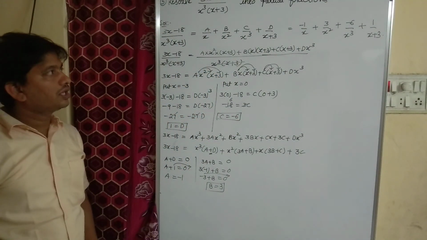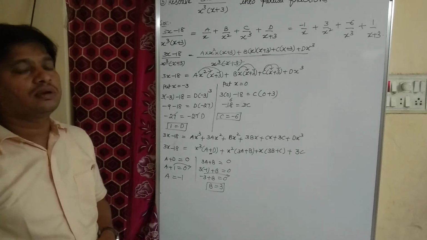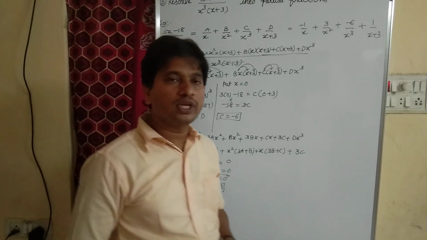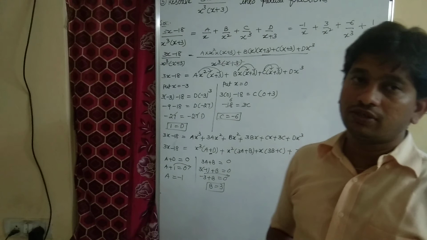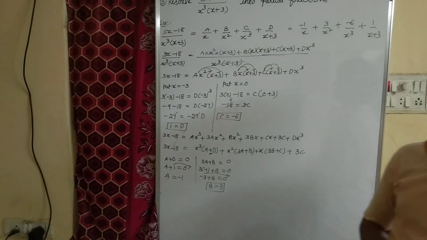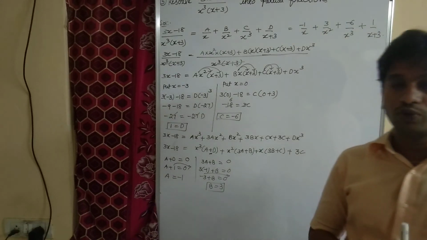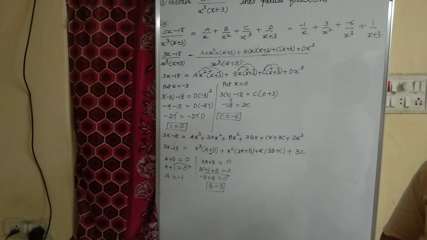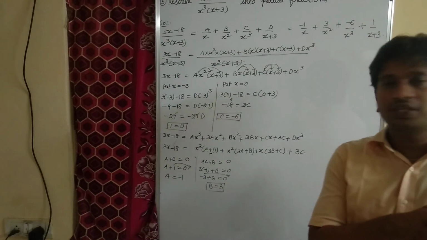Okay children, did you understand? This is the type 1 method of problems, how to resolve the given general equation into partial fractions. This is our type 1 method of problems, which carries a 4 mark question. Okay children, you have to practice. Without practicing you will not get it.